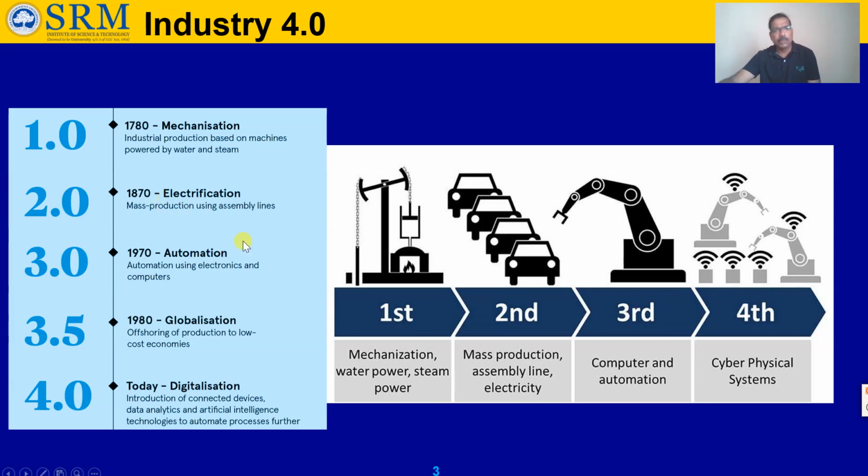Then the third took almost another 100 years to come. The third industrial revolution is all about automation. Computers came in during that period. It was a beginning stage, but they came in at that time. Using electronics and computers, everything was made automated. The things we are experiencing, like CNC or NC machines or PLC controls, everything came in during the 1970s. That period was the starting point for the revolution of industry 3.0.